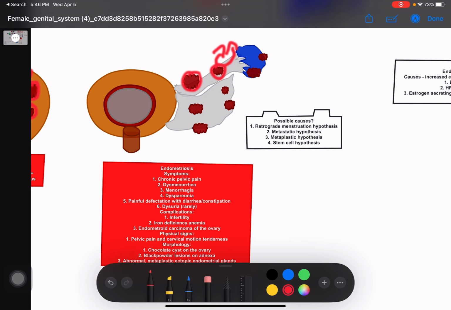And the second problem is that those endometrioid tissues, as they bleed regularly, they can